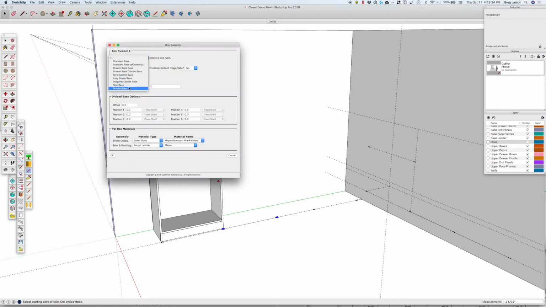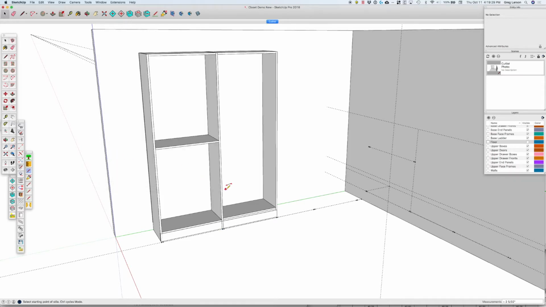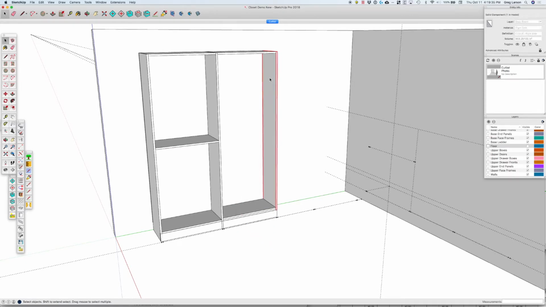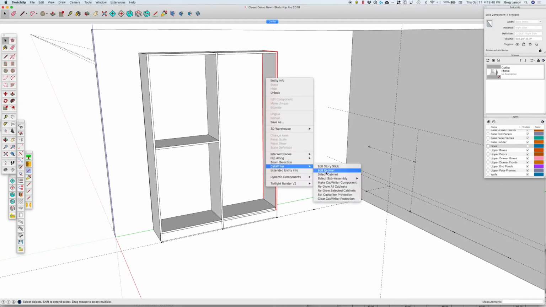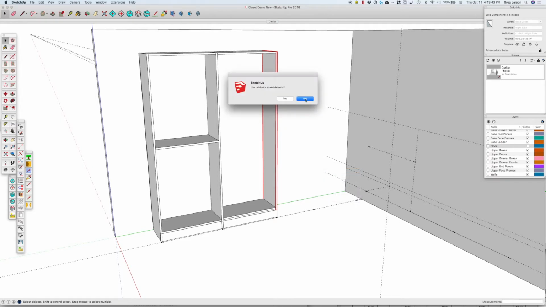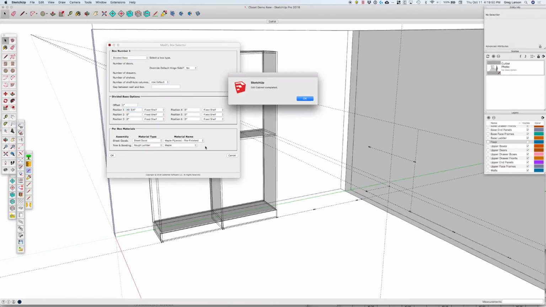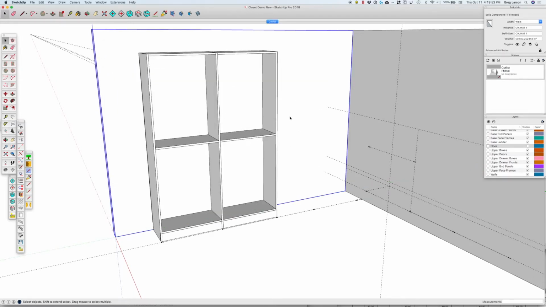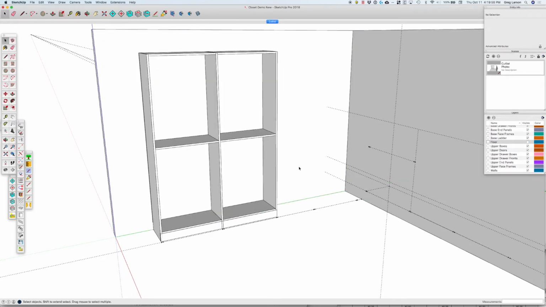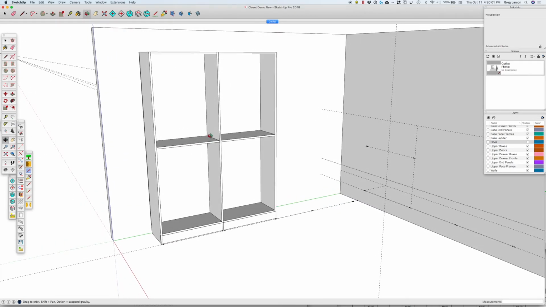This box was also a divided base, 3/4 of an inch. Oh, I didn't mean to say 3/4 of an inch. I meant to say 40 3/4. So I can highlight this cabinet, right click, say CabWriter, Edit Cabinet, use the stored defaults, yes. So instead of 3/4 of an inch, I wanted 40 3/4. So there we go. And later, I would do the same thing with